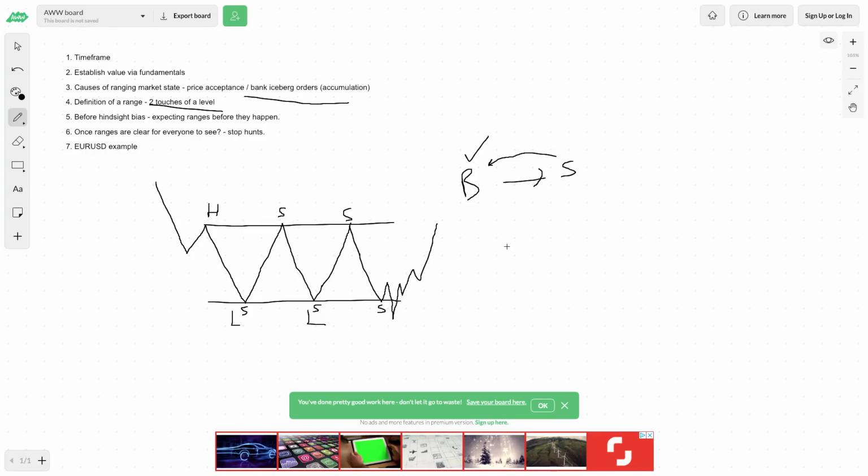Or you might see something like this, where you see price do something like this, an obvious range, right? And then you see something like that, and then you see traders on the underside get in, and then it goes like that. That is what you would call a stop hunt, right? And it's because banks know where the liquidity is. They want to be buyers, right? So they're buying at an even cheaper price, stopping these guys out, solving their liquidity problem